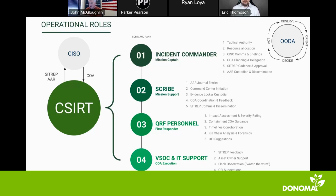This question's for John. John, can you bring up that model? We've got a question of what's the difference between a CSIRT and IT support? And I think that diagram that you had, yeah, that one. Can you handle that question? Sure. So,